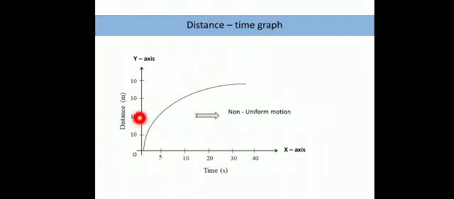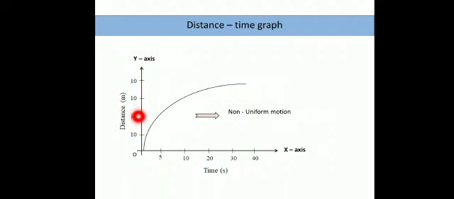For 20 meters, the time taken is roughly 5 to 7. For 30 meters also, the time taken was very less. That means the speed of the vehicle kept on changing. So if a graph appears not to be a straight line but a curved line, we say the vehicle is moving with different velocities. In the next class we are going to study all these graphs in detail, and very sorry for the mistake here. I hope all of you can correct it.